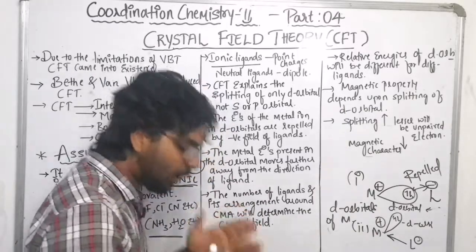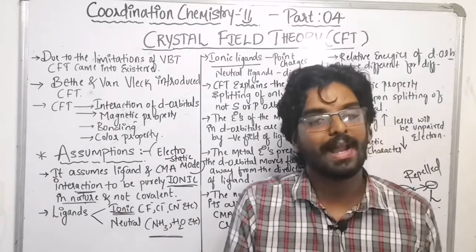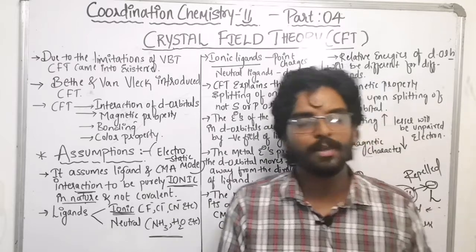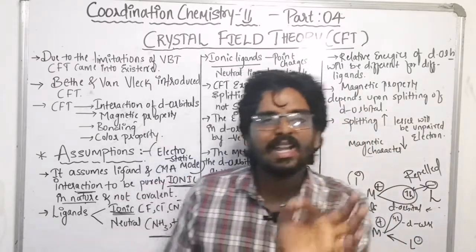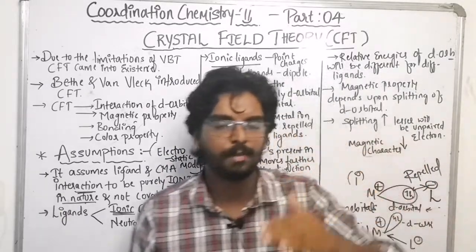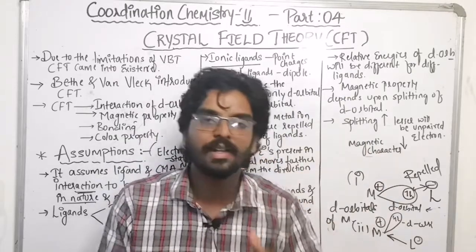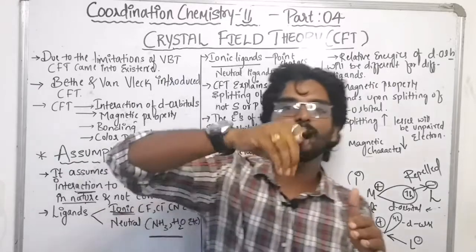So here, according to CFT, and VBT didn't explain these things, if a coordination complex is going to be formed, the d orbitals of the metal are split up into a higher energy level and a lower energy level. In the same way, the d orbitals which are having some electrons in them